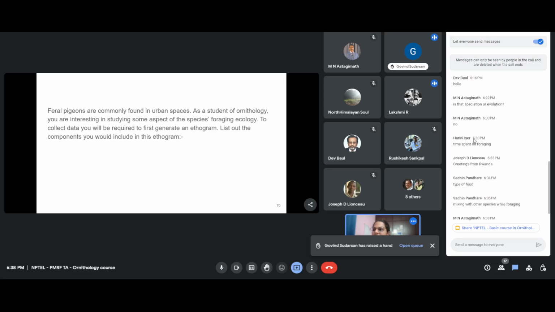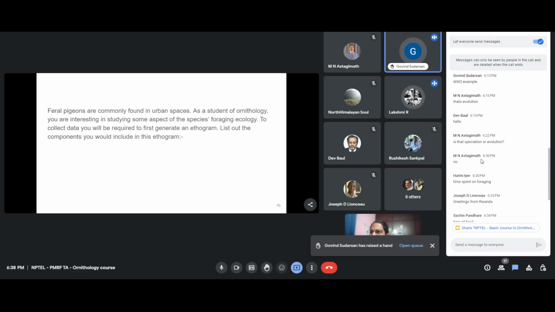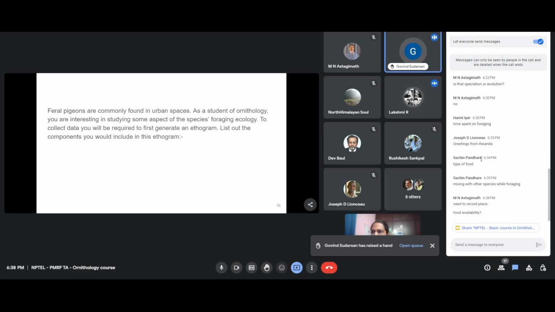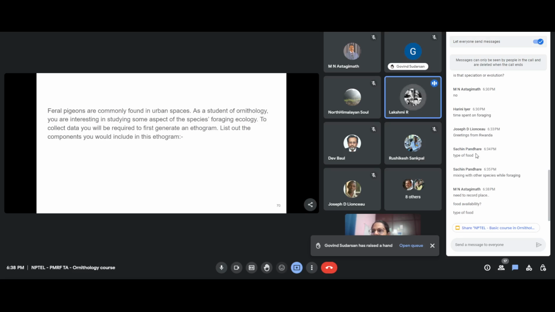Site of foraging, ma'am, where it is easily available or how tough the food is. Site of feeding, where they usually hunt. If they have a particular liking for some place where we get easy food, then they will flock there more. And if they have to put in more effort and go far, then there will be less. The site should be easy to access.